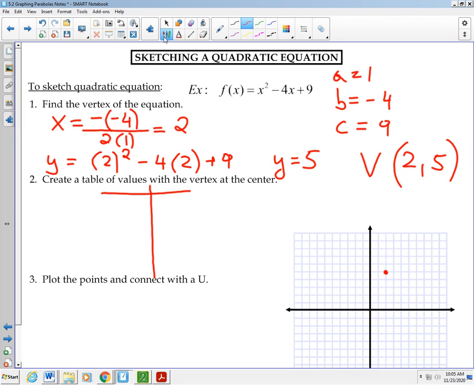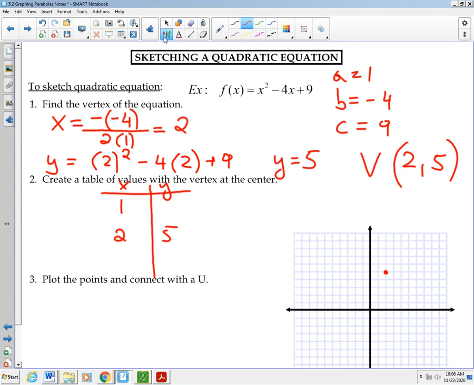So what I want you to do is pick one point to the left and pick one point to the right. And don't go too far because that would be hard to do. So I'm going to do point to the left, I can pick 1, and point to the right, I can pick 3. So when x is 1,